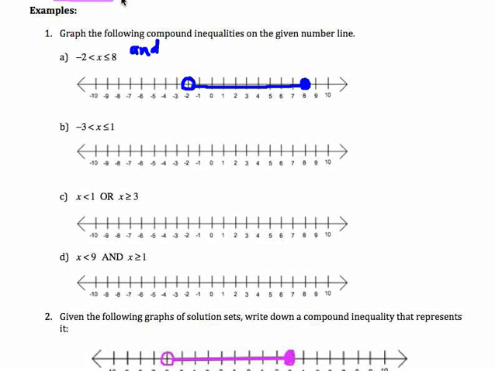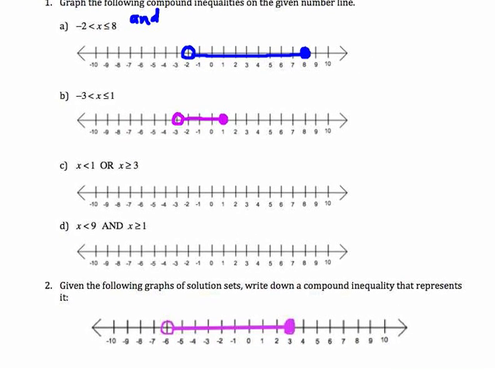Okay, second example, what we have here again is a combined or compound inequality, once again with the word and. So we have minus 3 less than x, which is less than or equal to 1. Once again, as we did in the first example, solid dot on the number 1 because it's included. We have an open dot on minus 3, and the solution set is all numbers between those two numbers